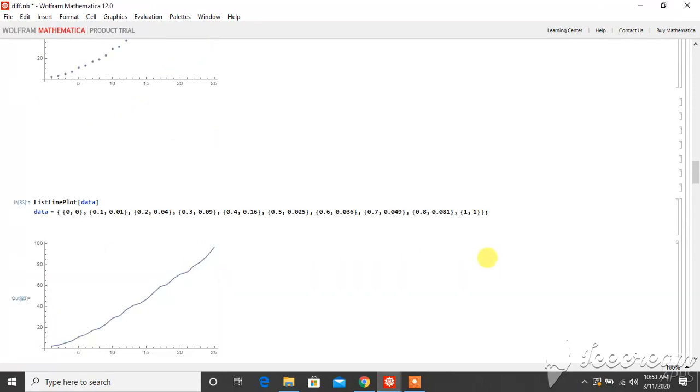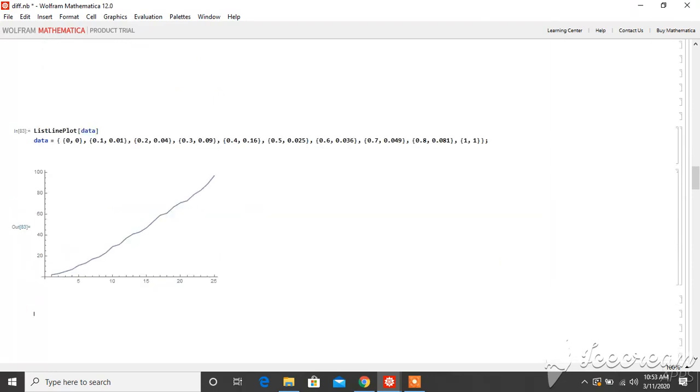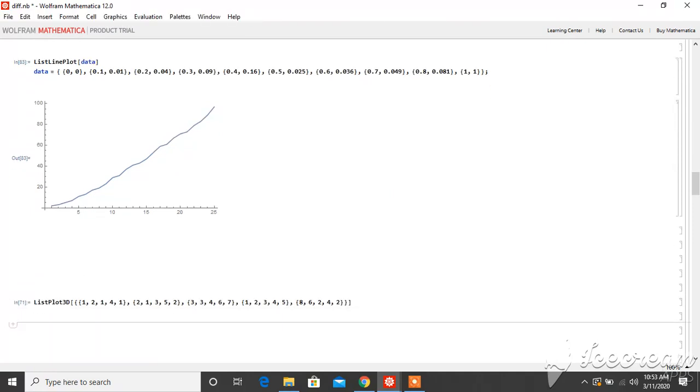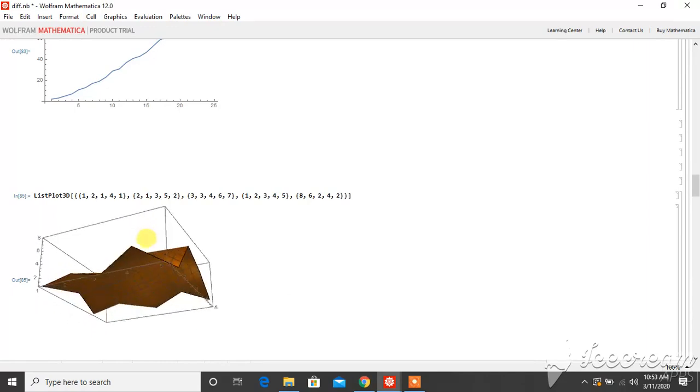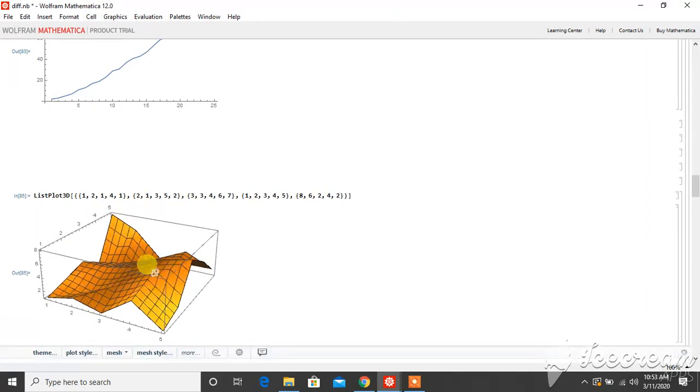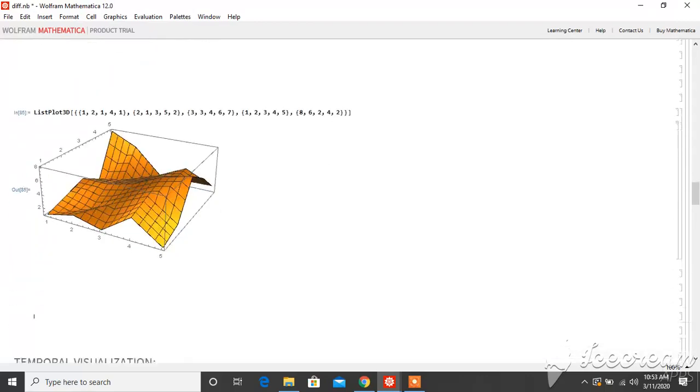We will have a graph. If you provide a list of numbers, this plot assumes that they are at unit intervals. We can also give two-dimensional data like this. For 3D, we can give x, y, and z values for each point, and we will get our output like this, which can easily be rotated in any direction with the help of the mouse.